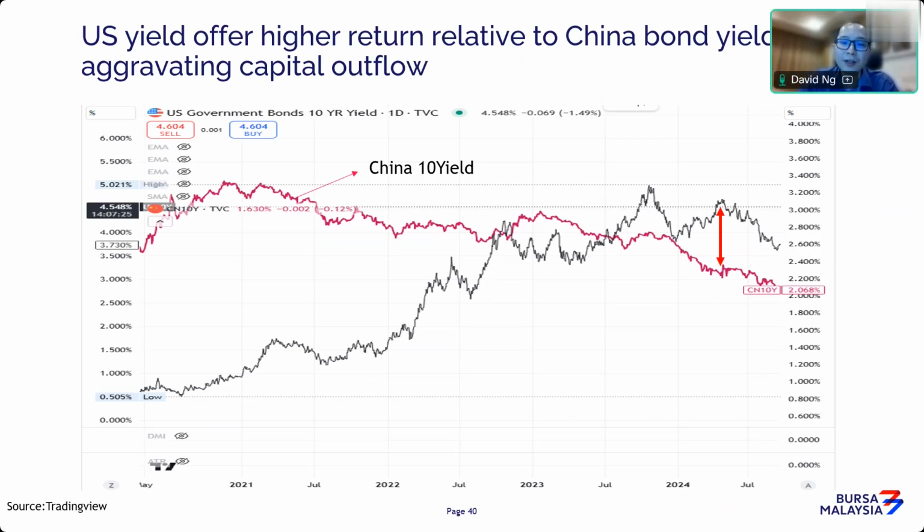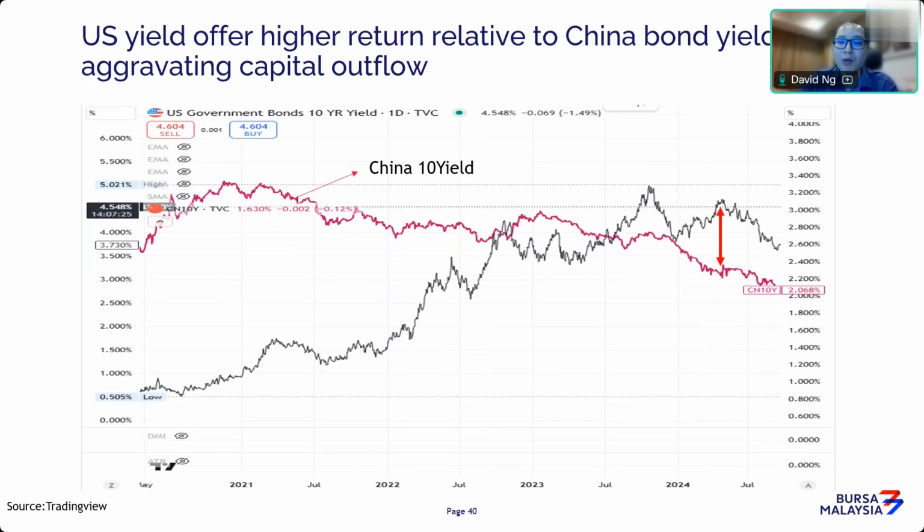So the Chinese currency faces a lot of pressure because outflows keep coming out, because a lot of people are repatriating back, especially the foreign fund managers, who are repatriating their flows away from China and back to the US market to enjoy a higher yield. So I think this kind of fund movement would definitely be pressuring the currency space. So if you're trading the market, you have to watch out.